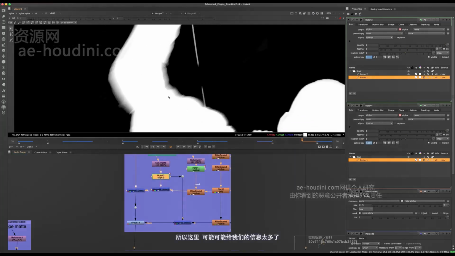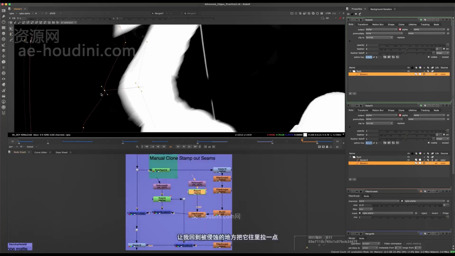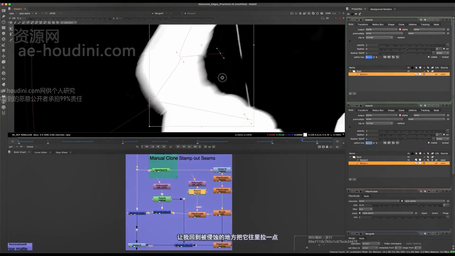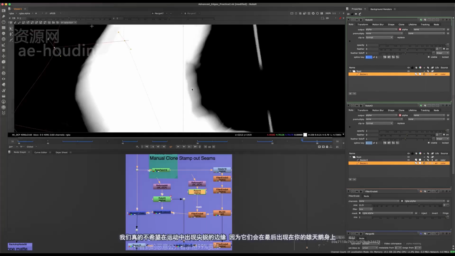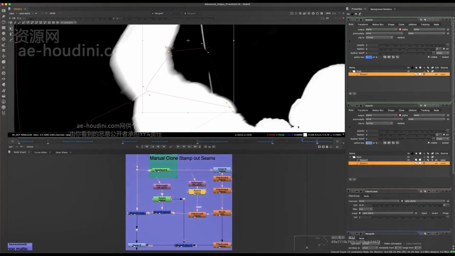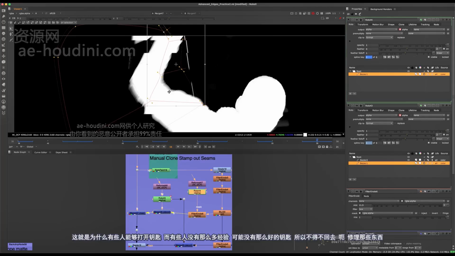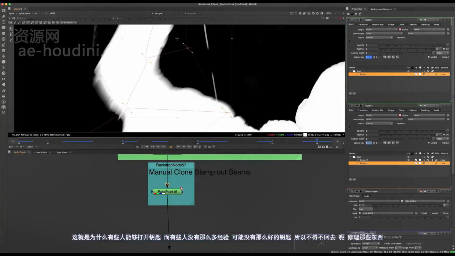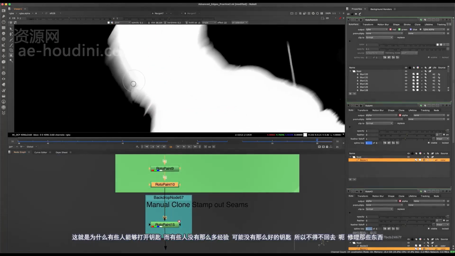So here again, maybe it's giving us a little bit too much. So let me go back to our erode and just pull it in a little bit. So we don't want those harsh edges. We really don't want those sharp edges in the motion blur because those will show up in your comp at the end. And that's what makes a bad key, and that's what makes someone able to key and somebody else who doesn't have as much experience potentially not getting as good of a key and having to go back and